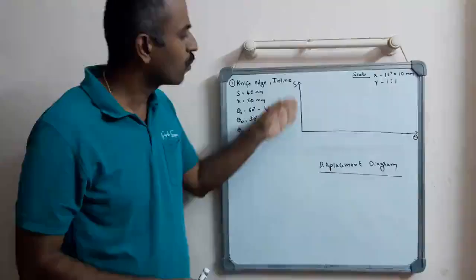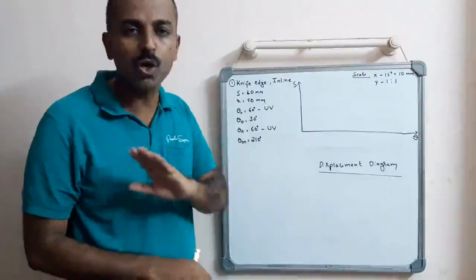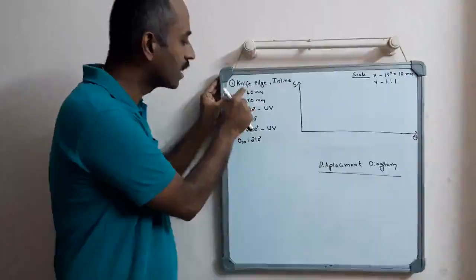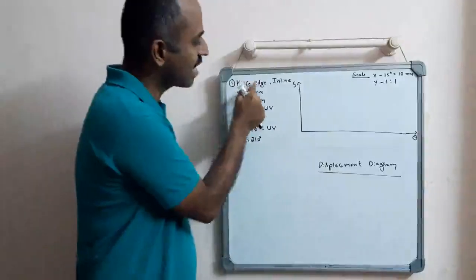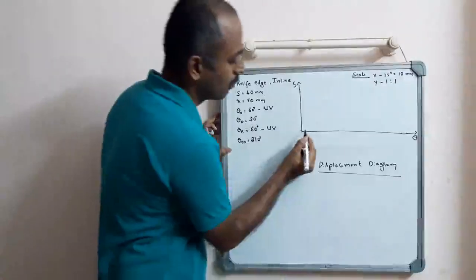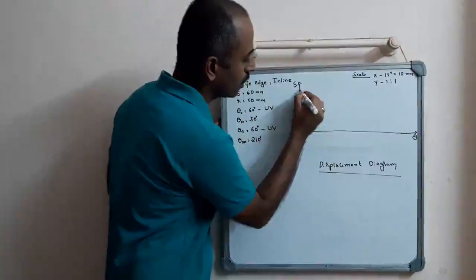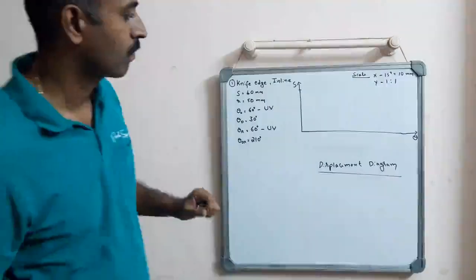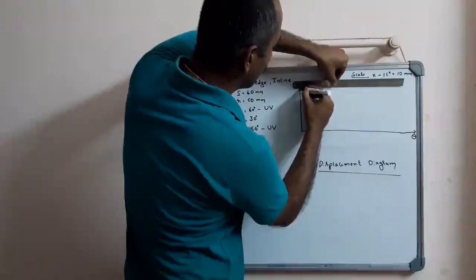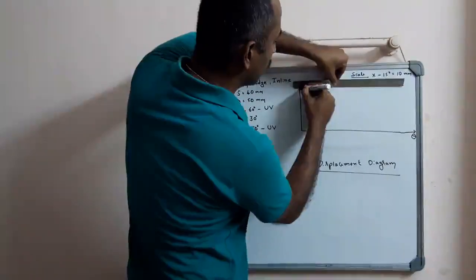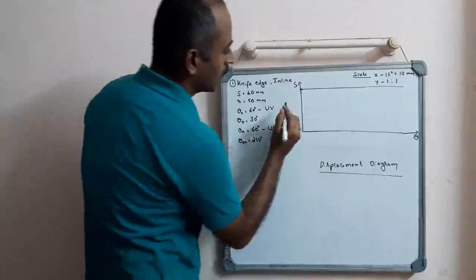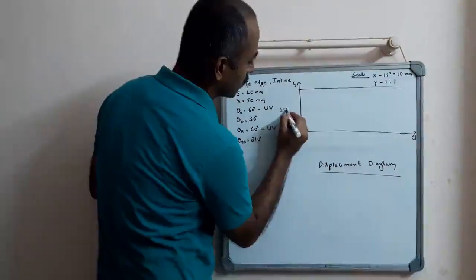Then for the y-axis or displacement axis, we should not take scale. It has to be 1:1. That is, the displacement given here is 40 mm. So exact 40 mm has to be represented on y-axis, that is displacement axis. Measure 4 centimeter or 40 mm from the origin and draw a line from that point parallel to the horizontal axis. This is S, which is equal to 40 mm.